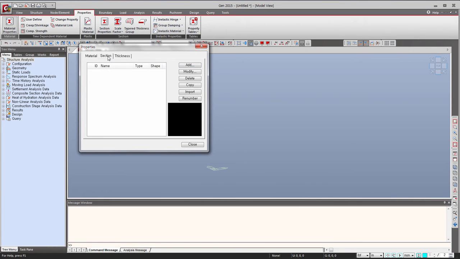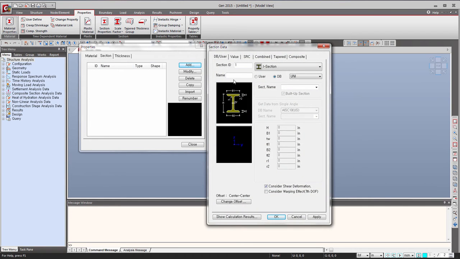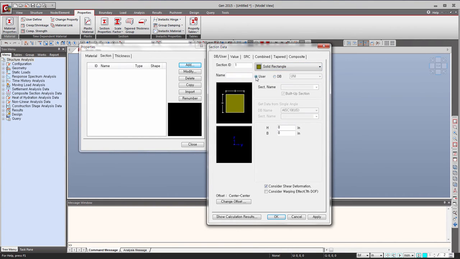Now let's add some sections. So I have three types of section in this analysis. So I have edge columns. So for the section profile I'll just use solid rectangle. So I have to enter the name, edge columns, and the dimensions are 24 inches by 24 inches. Click on apply. Now I have the interior column,